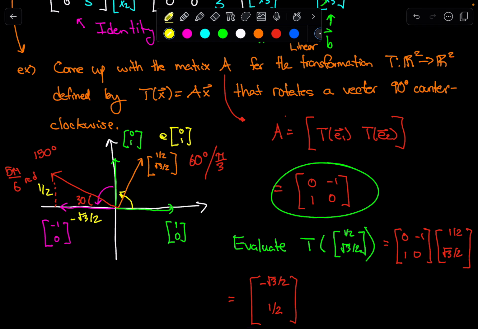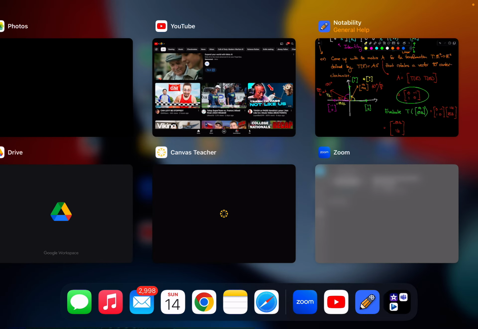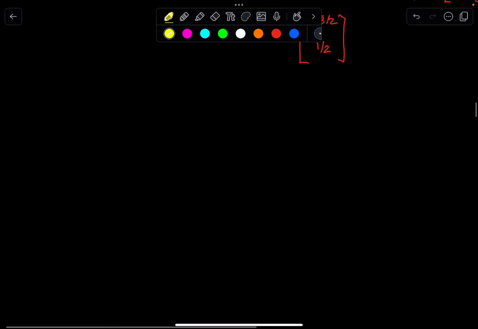So this is our first example of coming up with a transformation where we weren't given the image of the standard basis vectors or really anything to go off of, and we had to build the transformation all on our own. So, a slightly spicier version of this, for maybe our last example,